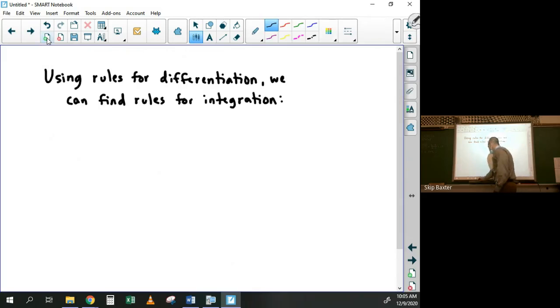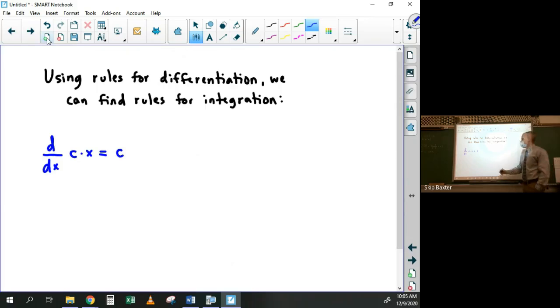For example, we have this rule that says that the derivative of a constant times x is equal to the constant. That's true, right? Like the derivative of 2x is 2. So the corresponding integration rule would be the integral of a constant would be the constant times x